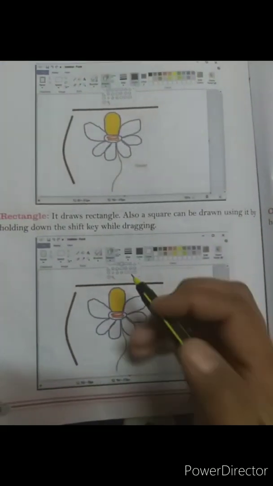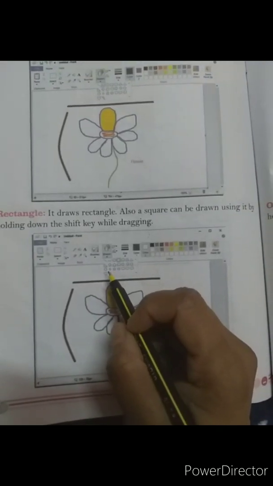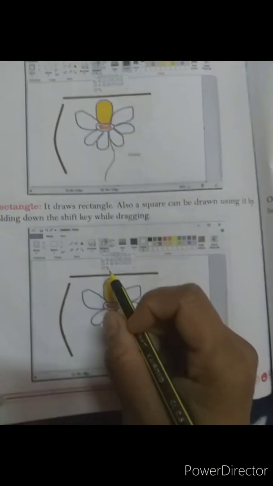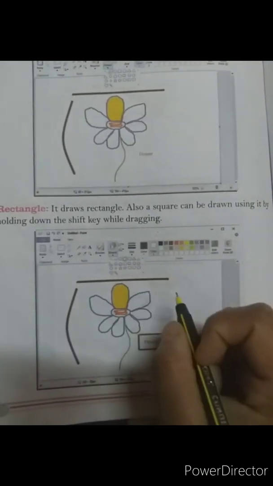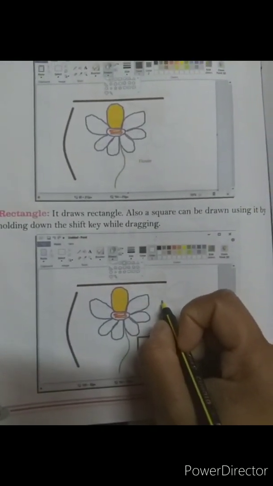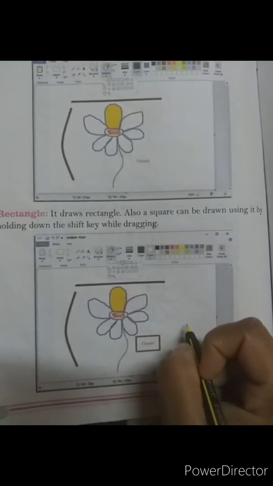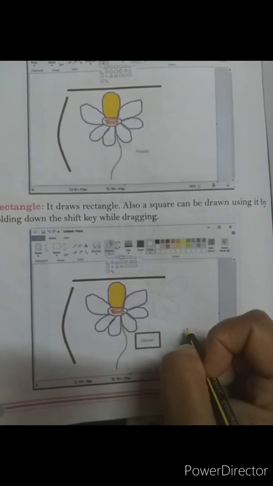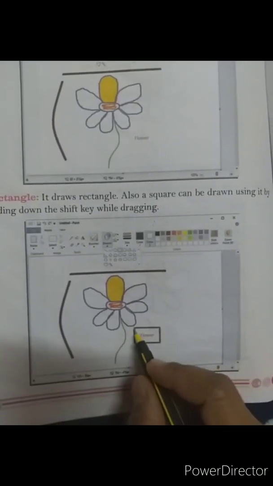So students, after the curve tool, you will select the rectangle tool. When you select the rectangle tool, you bring the mouse pointer here and drag it downwards. So your square or rectangle shape will be drawn.